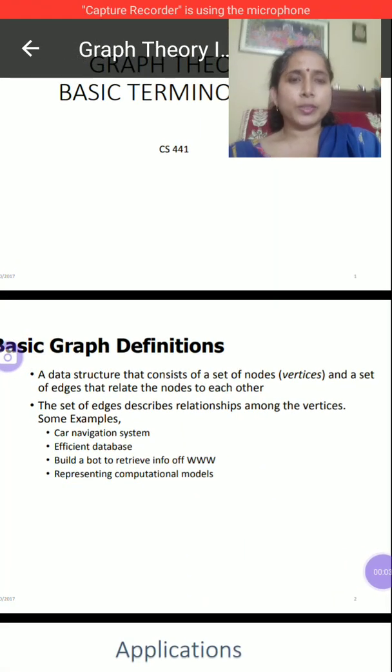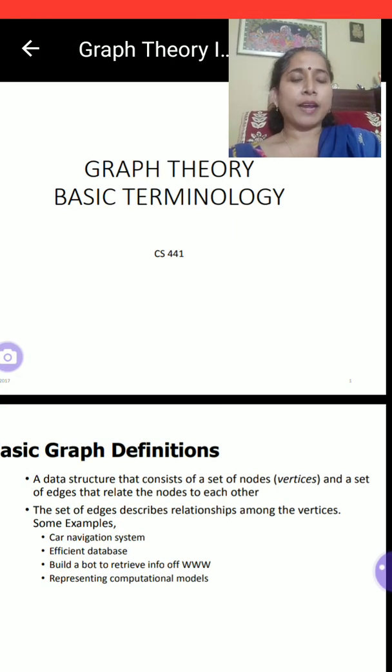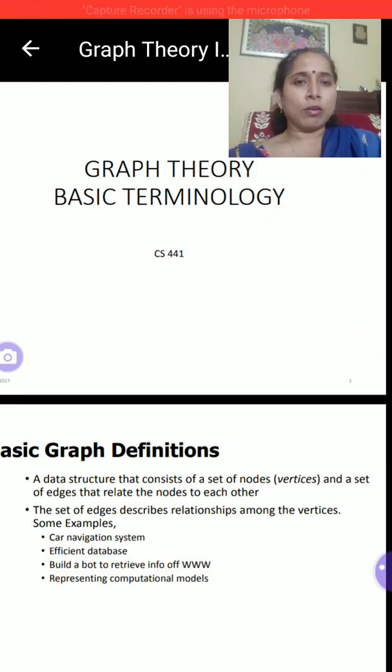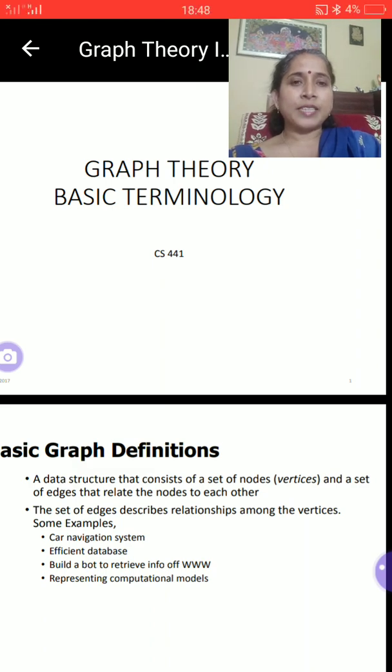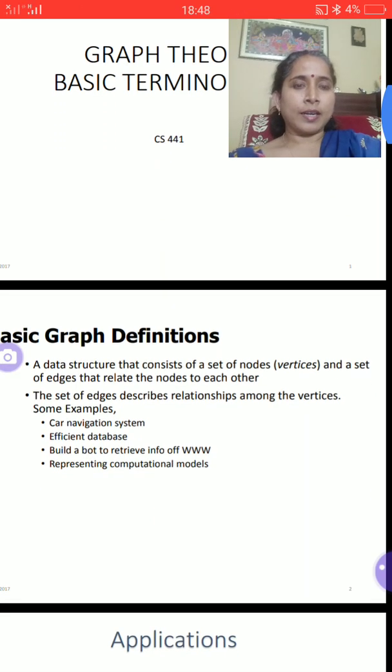Good morning, students. This lecture is based on, as you can see, graph theory, the last unit of our subject, data structure. Now we have completed all the types of trees, as you have seen. In the last topic, I completed heaps along with heap sort. Now we start with the last subject, which is graph theory.